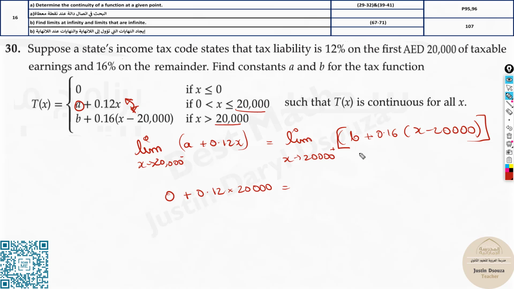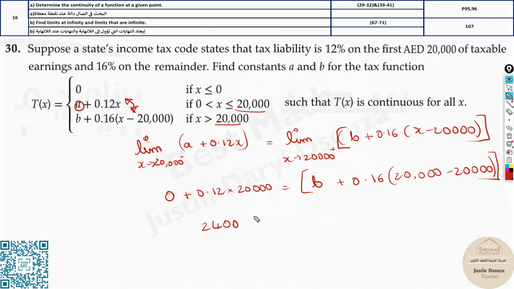So that will be equal to the right side. The limit of b, since it's a constant, is b itself, plus 0.16 multiplied by 20,000 minus 20,000. So that's going to be 0 again. Now this is the thing. Anyways, here I have 12 multiplied by 2, it's going to be 24, and 1, 2, it's going to